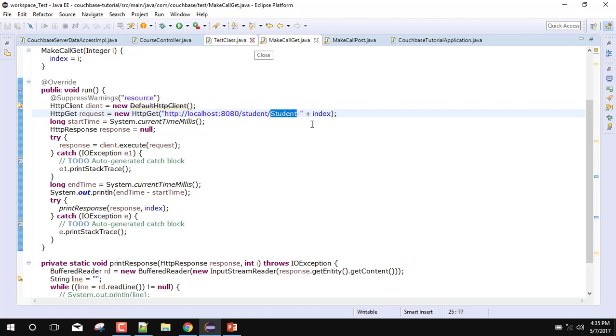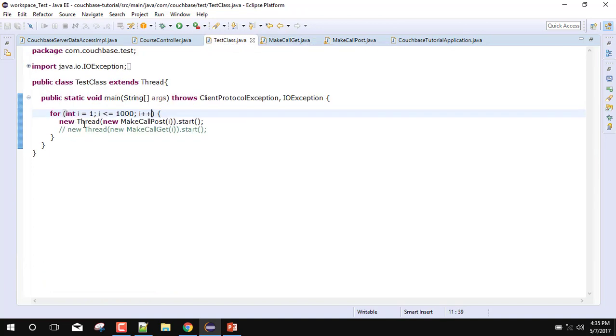For 1000 threads, I have implemented it as an index. So for student 1, the index will be 1, for 2 it will be 2, and so on. And then I have executed client.execute on this request, and we will take the response.